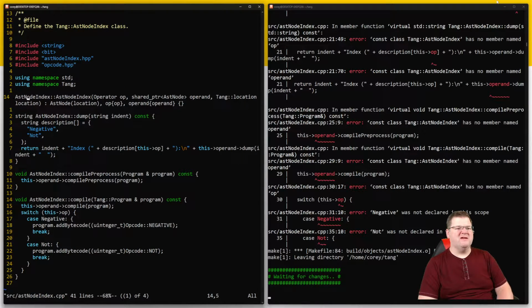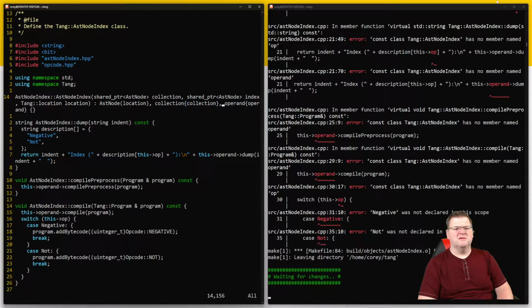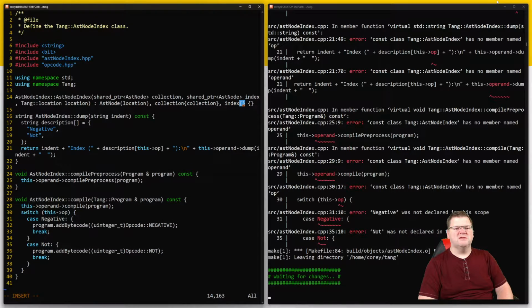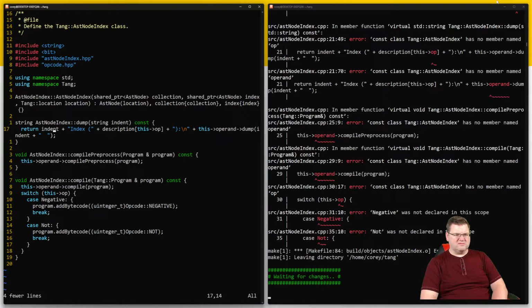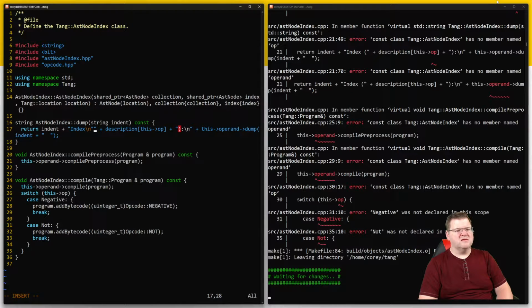Now, index right here. Need to get it in line. Collection. Index. That's fine. Collection. Index. Index. Okay. So for this, now this is fine. We can say our indent plus an index. Plus